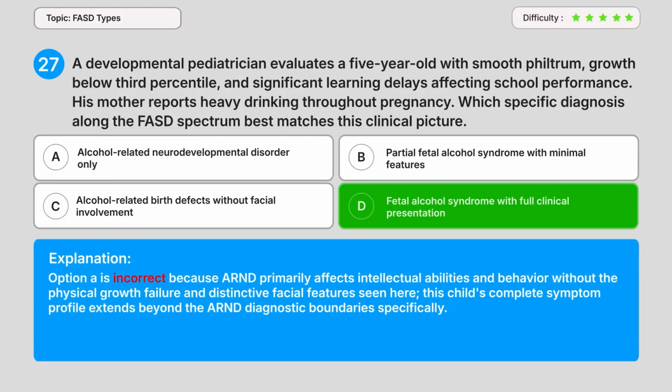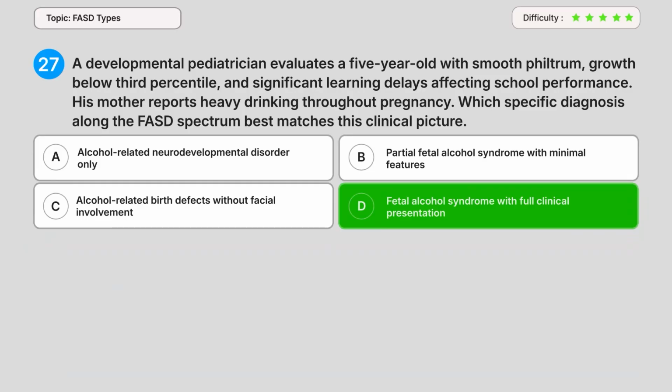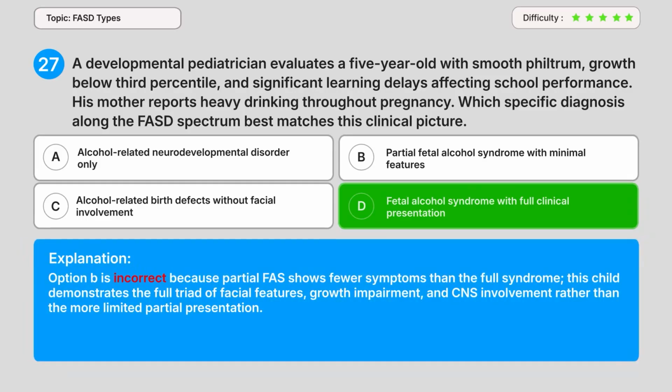Option A is incorrect, because ARND primarily affects intellectual abilities and behavior, without the physical growth failure and distinctive facial features seen here. This child's complete symptom profile extends beyond the ARND diagnostic boundaries, specifically. Option B is incorrect because partial FAS shows fewer symptoms than the full syndrome. This child demonstrates the full triad of facial features, growth impairment, and CNS involvement, rather than the more limited partial